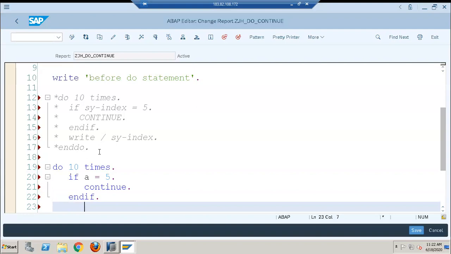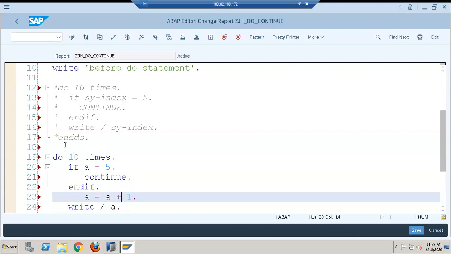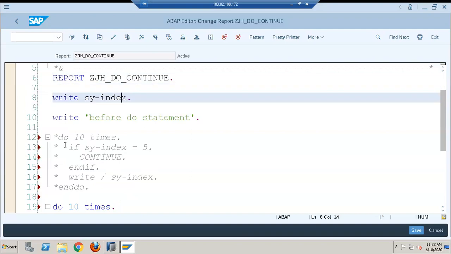Here we'll go for a = a + 1, and then write a. All that we need to do is define a. That's it. So let's define a.